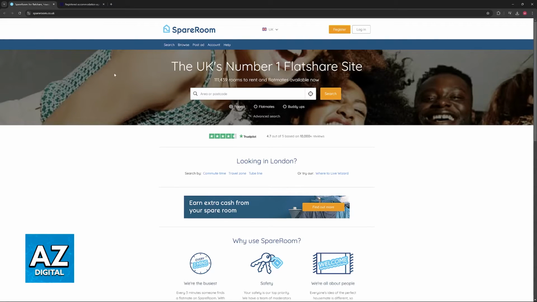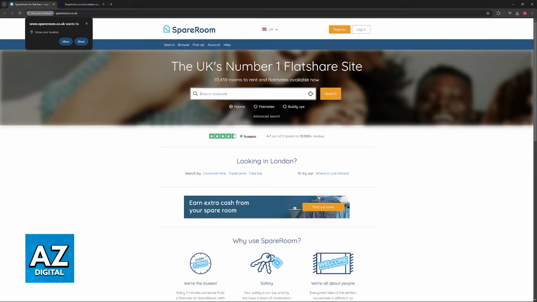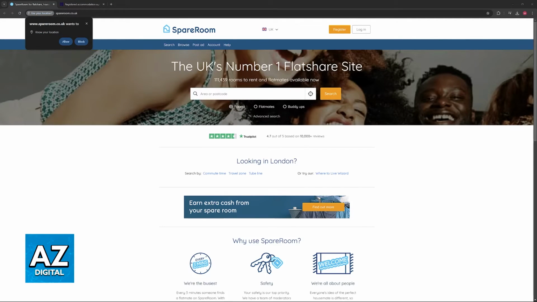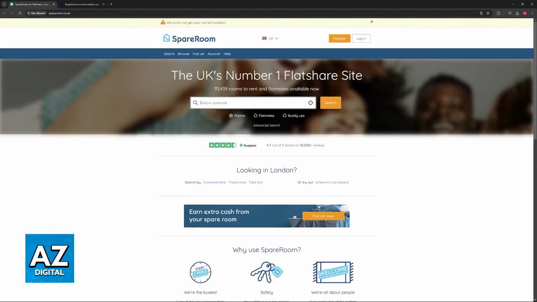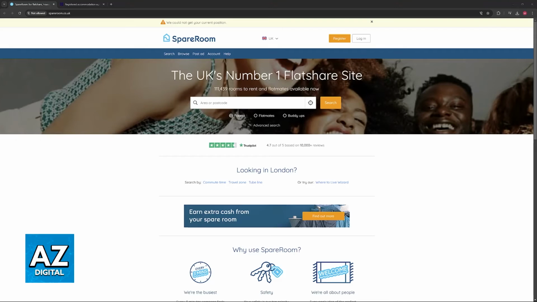Next, you have the option to go into a private accommodation. This includes flats, houses, and rooms in shared houses. A website that will help you find these shared rooms is going to be SpareRoom. So go over to spareroom.co.uk, and in here you will be able to search for an area or postcode. As long as you use any postcode here, you will be able to see the flats around the area. So get any postcode that you have available, and you will be able to include it here to look for accommodations near you. So I'm going to type out a random one and click search.